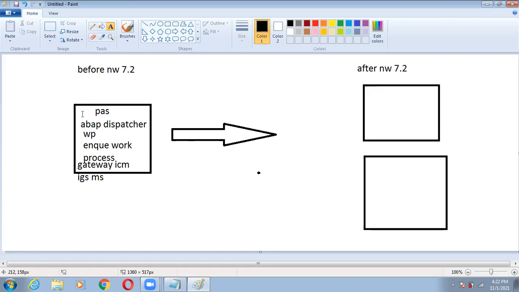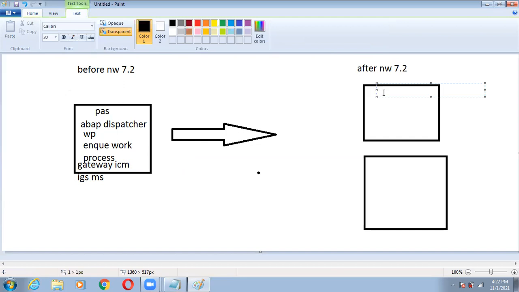But all these things have now been split into two boxes. It has been split into ASCS, and in the bottom the primary application server. So the primary application server has now been split. What are the components of the primary application server?